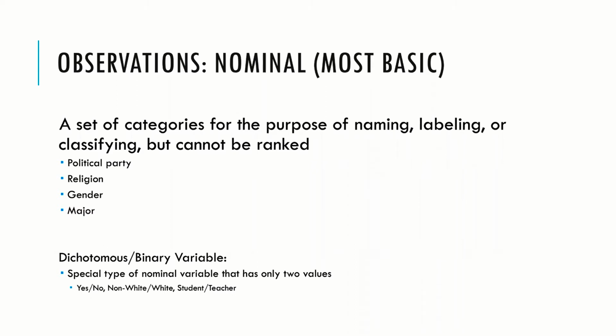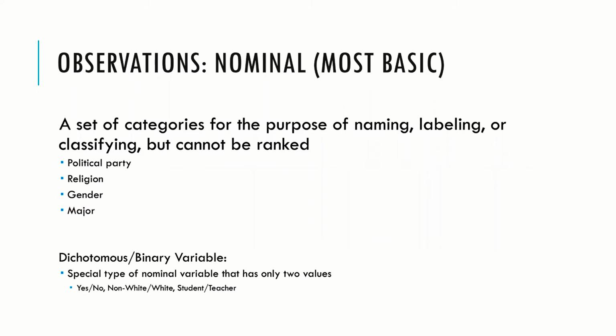So when we're thinking about nominal variables, all they are is just sort of a shuffling of categories, right? You can't place them in a rank order. So religion, for example, you can't rank order religion, right? One is not higher than the other. They are just what they are. Same for college major, same for gender, right? Same for sex.